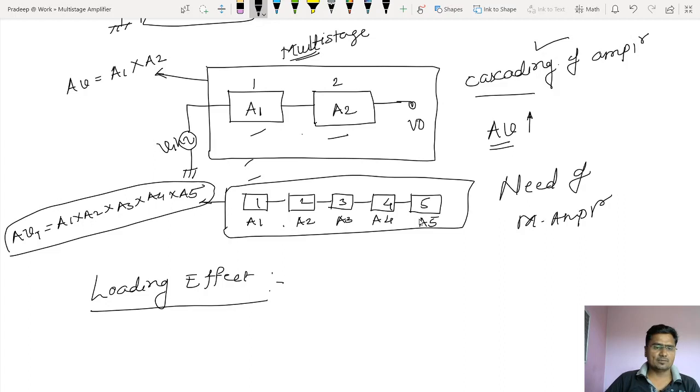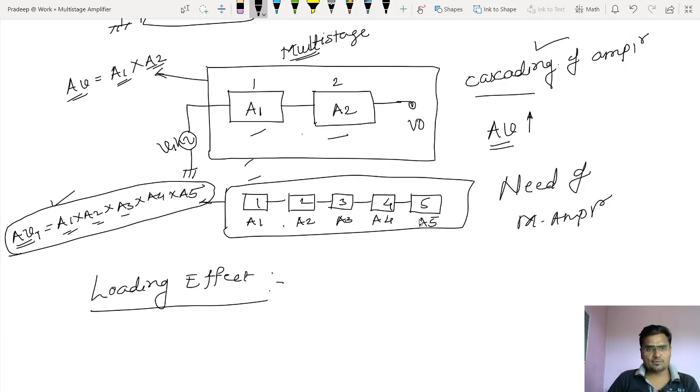Look at this. Connect one more stage, multiply the gain of that stage with this chain, and you will get an increment in the gain. This is how I can get more gain by using more than one stage of an amplifier. Right? I'm just not writing this equation as it is. We'll derive that. We prove how I'm getting AV equals A1 multiplied by A2 multiplied by A3, the cumulative gain, the total voltage gain AVT. We'll derive that. We prove that.